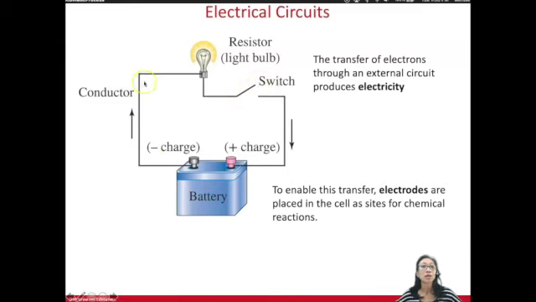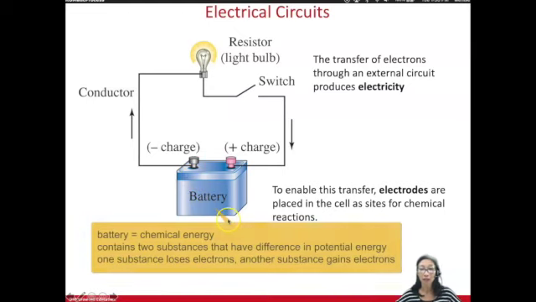But when the electrons are allowed to flow, when this switch is closed and this turns on, then you have this electricity that is having the light bulb or a smartphone or anything that is plugged in with the electricity. Now this isn't plugged in, but this is a battery, and the battery is providing energy that's chemical energy, and